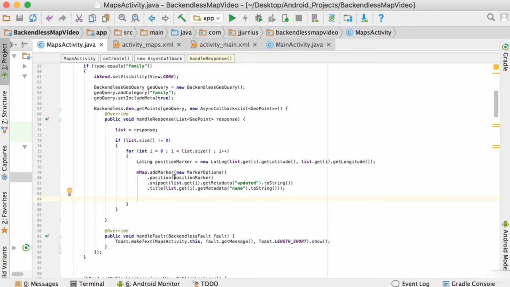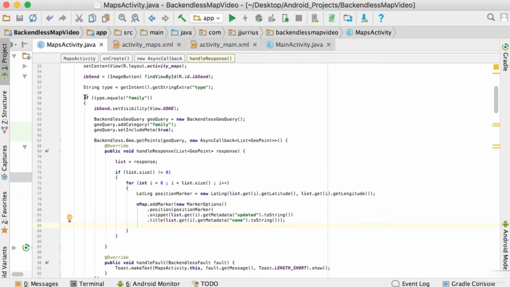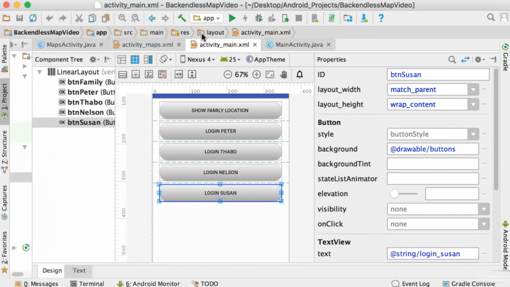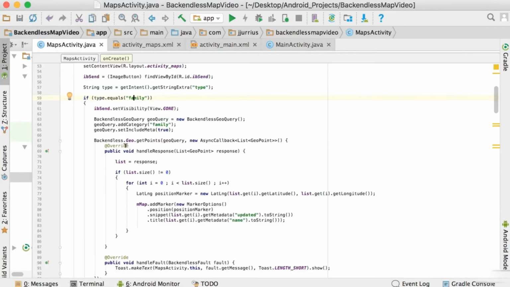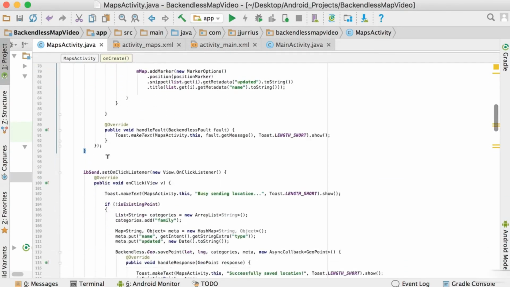So it will already be added to the map, but we won't move the camera to that specific position. So you can see on the map where the user is by scrolling through the map, or whatever you want to do with the map. Right, now we've tested if it's a family. If we click the first button there to show the family location, then we should do this part where we hide the button and we get all the points and we add them to the map. So the else part of this if